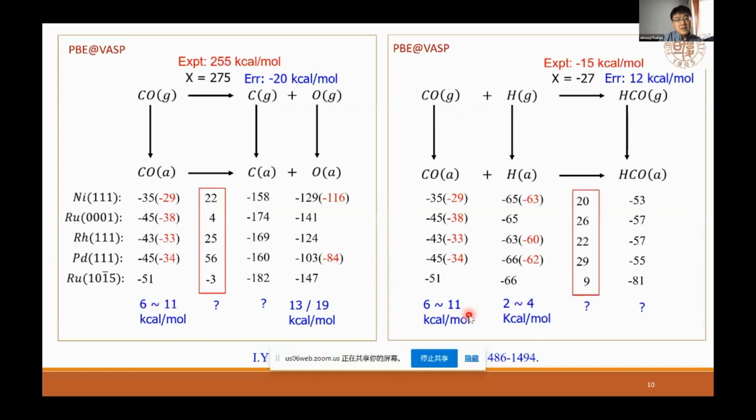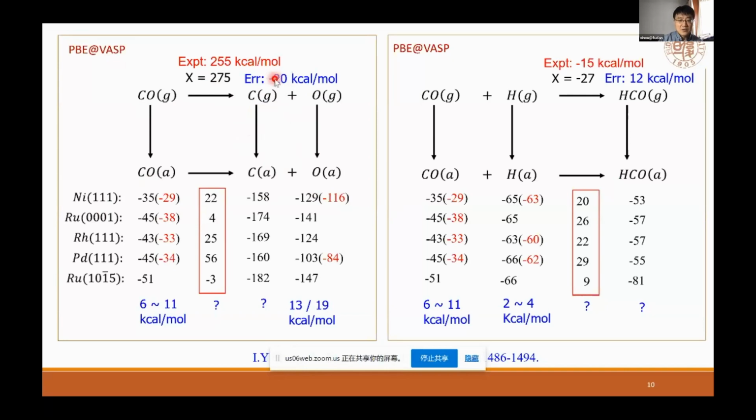So now let's see how well a DFT functional popular for materials science, such as PBE, works for chemistry. Here are two examples. The first one is CO dissociation with PBE in VASP. The CO bond strength is overestimated by 20 kcal/mol in the gas phase. Then for the surface reaction to be accurate, we have to rely on error cancellation of all this amount, but of course on the